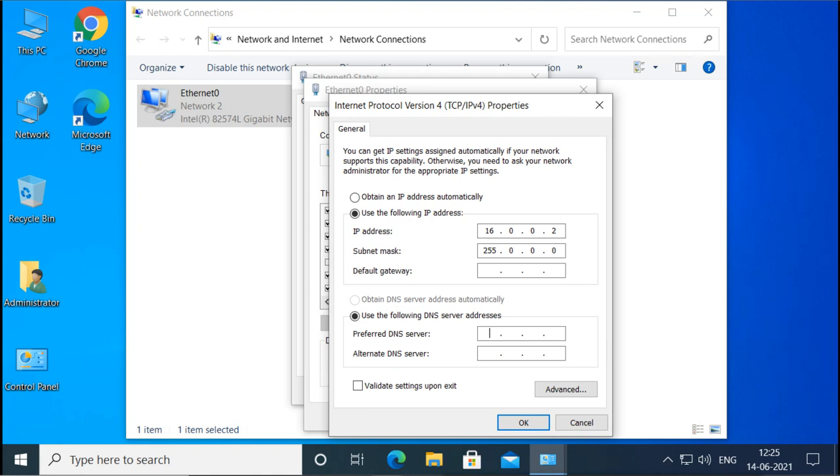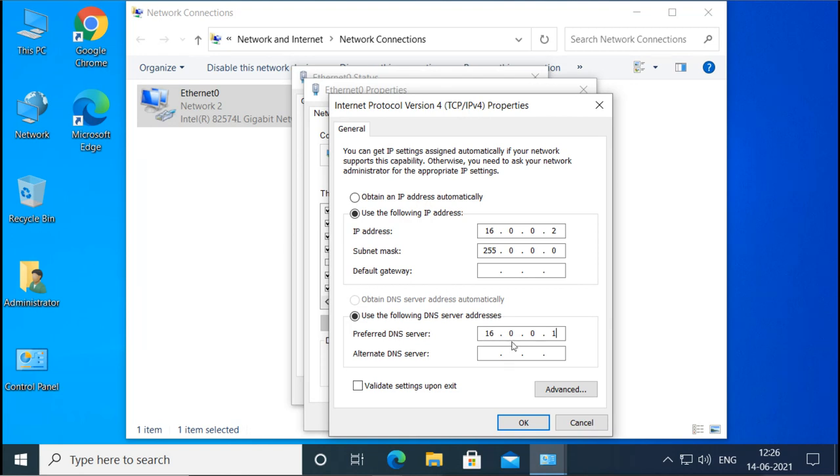This is a must requirement: this client machine must know where the DNS server is and what the IP of that DNS server is. Now our domain controller is also a DNS server, so I will mention here the IP address of the domain controller, because the same domain controller is the DNS server also.